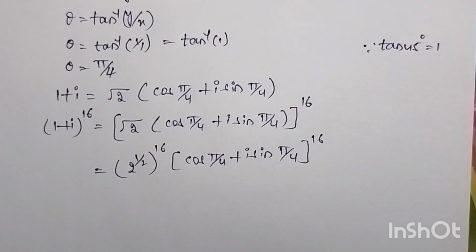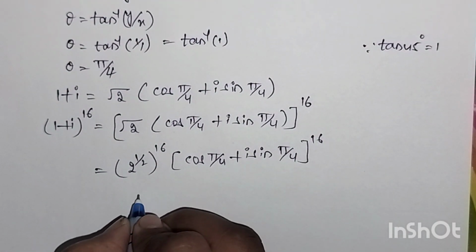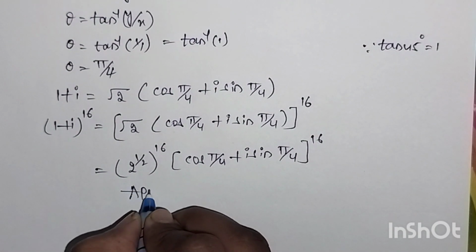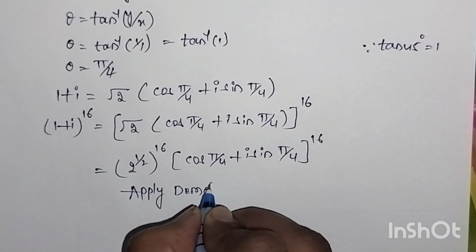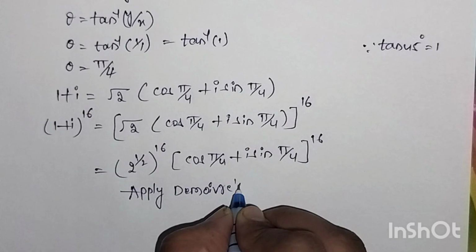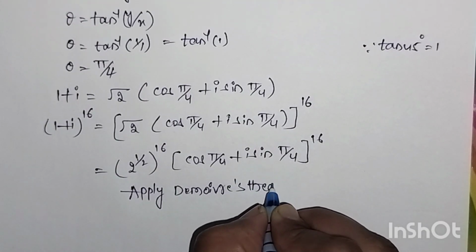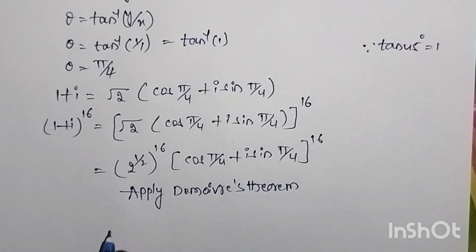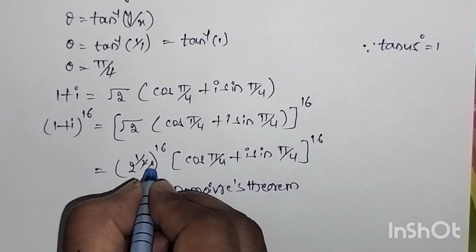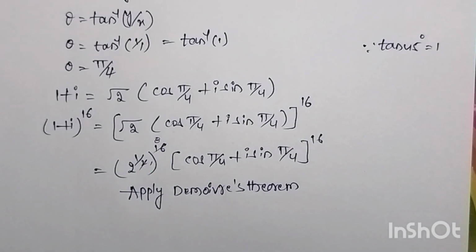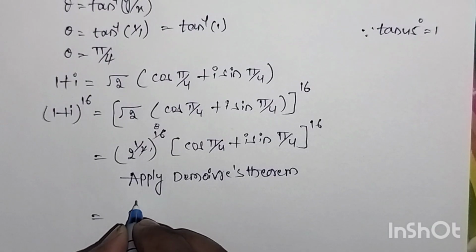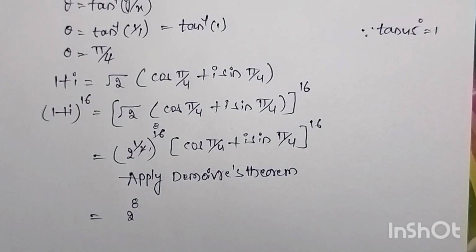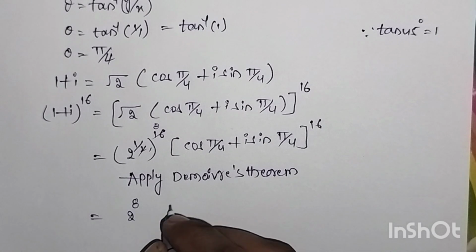Now we can apply de Moivre's theorem here. So 2 1s are 2, 2 8s are 16, that equals 2 power 8 into